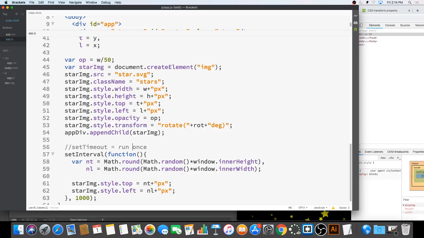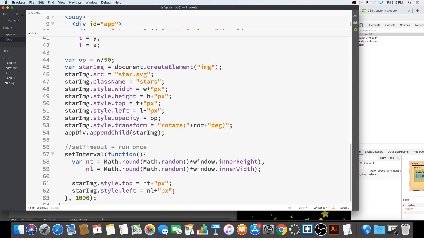Is this one? It's a shutdown. Someone just pointed out that it's like math. Because the left and top is not